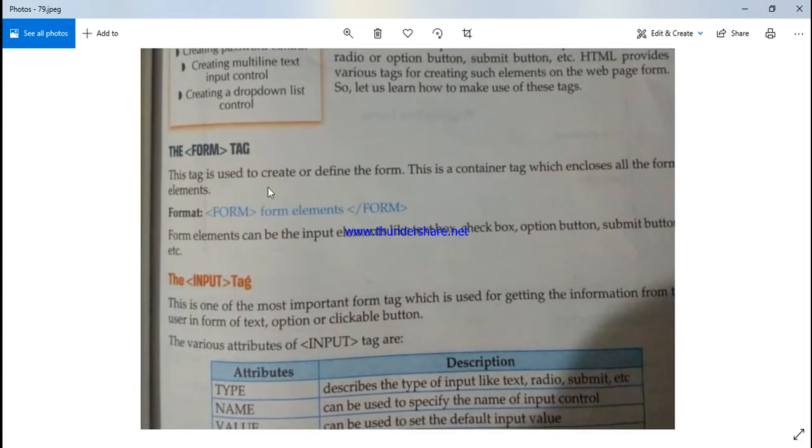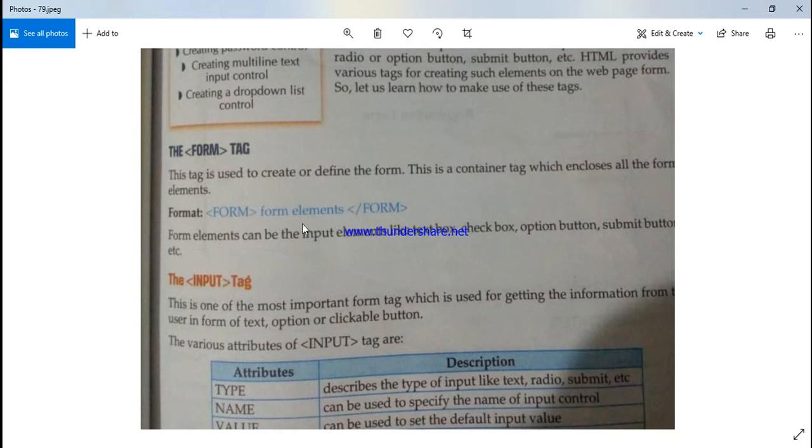This tag is used to create or define the form. This is a container tag. Container tag means this tag is on here, and then by a slash we can turn it off. That is, an on tag then an off tag. These are container tags which enclose all form elements.